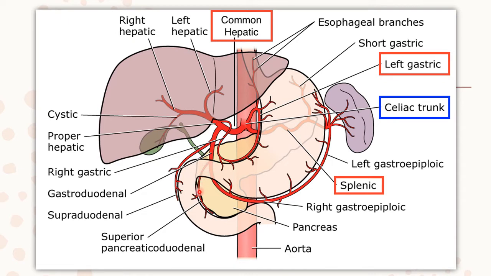Over here, once it is behind this first part of the duodenum, we see that it divides into this artery which is running into the pancreaticoduodenal groove. This is the superior pancreaticoduodenal artery, and it also gives off this major branch known as the right gastroepiploic artery, which you can see is forming an anastomosis along the greater curvature of the stomach. And then once it has given off the gastroduodenal artery, the common hepatic artery becomes the proper hepatic artery, which you can see enters into the porta hepatis. It divides into the right hepatic artery and the left hepatic artery, and the right hepatic artery gives off a further cystic artery which is going to supply the gallbladder.